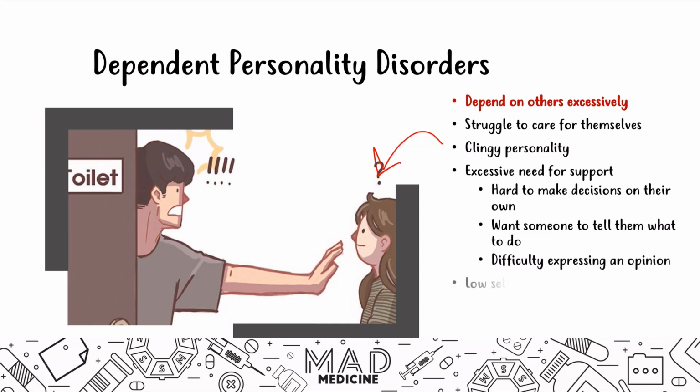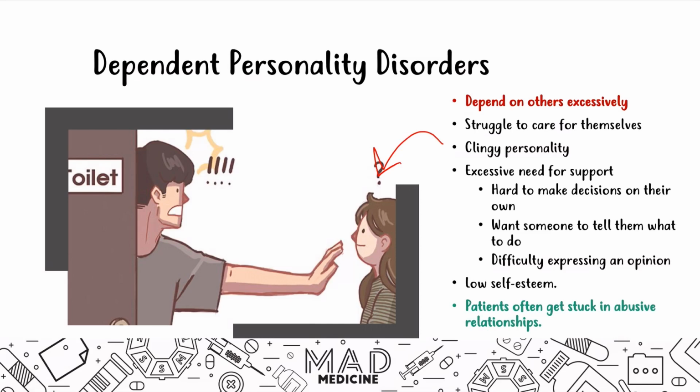They have difficulty expressing their opinion, and they have very low self-esteem simply because they don't believe that they can make those decisions, or they don't believe they can make the right decision that they have to make. And these patients often get stuck in abusive relationships. So that's a very hallmark thing you may see, right? If people think that, it may be Stockholm syndrome.